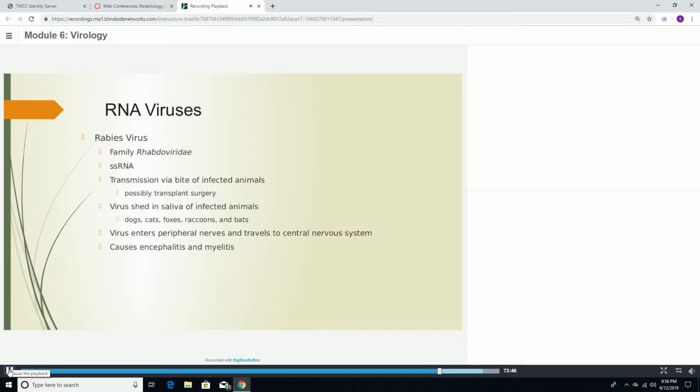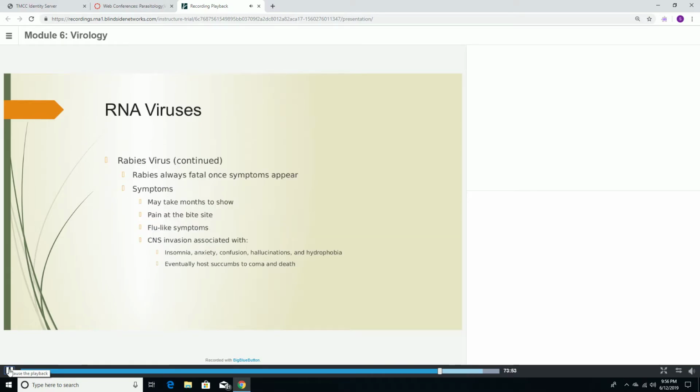The virus enters our peripheral nerves and travels to the central nervous system, and it causes encephalitis and myelitis. Rabies is always fatal once symptoms appear. Symptoms may take months to show. Pain at the bite site, flu-like symptoms. The CNS invasion is associated with insomnia, anxiety, confusion, hallucinations, hydrophobia, and eventually the host succumbs to coma